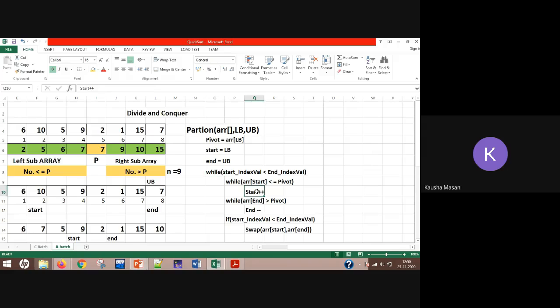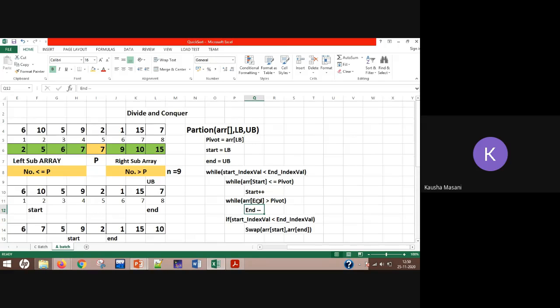Okay, so मैं उतनी बार अपना start increment करती रहूंगी. अगर ये while loop गलत होती है, ठीक है, तो मेरा कंट्रोल जाएगा इस वाली वाइल लूप पे। वो क्या चेक कर रहा है, that if my end is greater than my pivot, then I have to continuously go on decreasing my end। ठीक है, जितनी बार मुझे ये चीज सही मिल रही है, this condition is true, ARR of end is greater than my pivot, then I have to decrement my end।